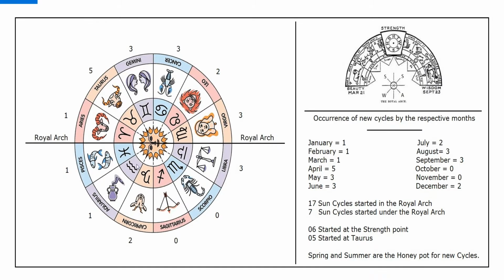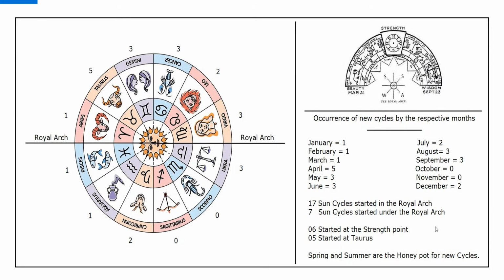Oh, so here guys, when we enter the gate, when we leave the darkness and go into the light, 1 for Aries, 5 for Taurus, 3 for Gemini, 3 for Cancer, 2 for Leo, and 3 for Virgo. And we make a quick math here. It's 3, 2, 5, 6, 7 for the darkness, like the shadow gate, okay? And here we have 1, 6, 9, 12, 14, 17. So we had 7 occurrences in the lower arc and 17 occurrences in the